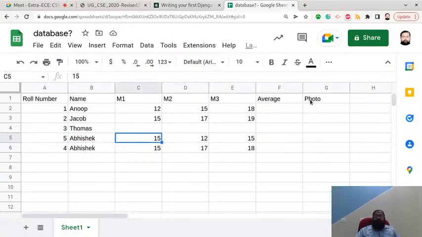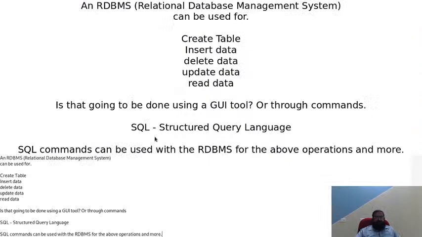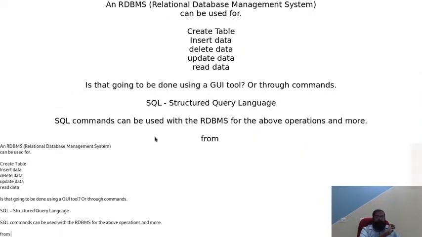So now if I want to update the M1 of this particular student, that is, I want to update these marks from 15 to 18, I can write the structured query language or the SQL command stating that from student, select M1 where roll number is equal to 5. So what did I say? I said from student table,